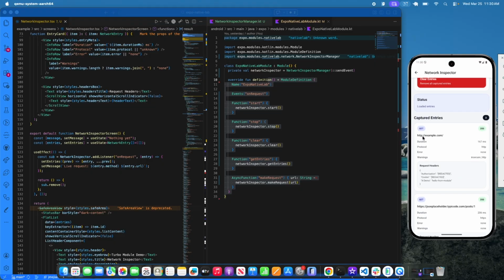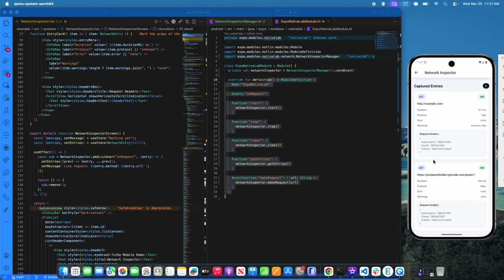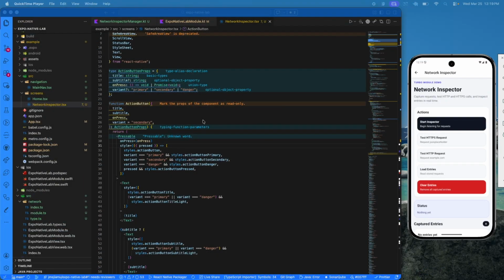And when we have an HTTP request, it will tell you the time it took, the protocol, and if there is an error, it will let us know, and the warning that it is insecure, right? And compared to this one, the same thing. We have the time that it took, the protocol, the errors, the warnings, and there are no warnings because it is an HTTP. In the next video, we are gonna take a look at the